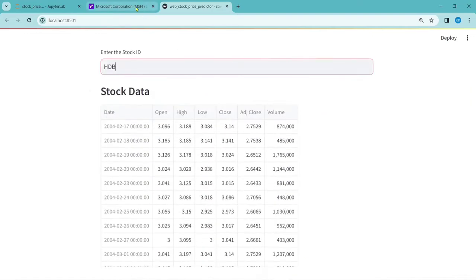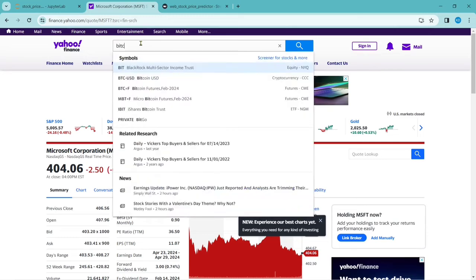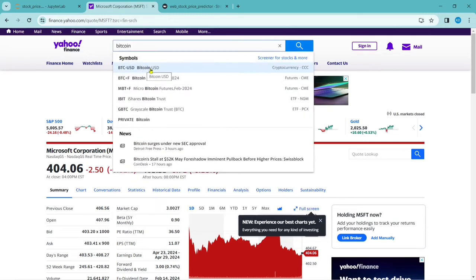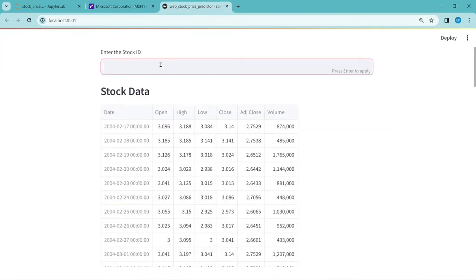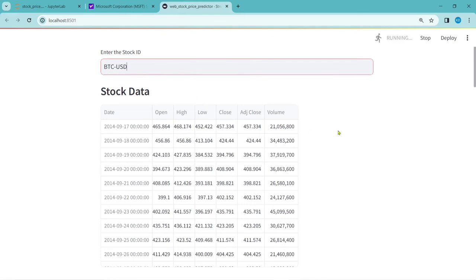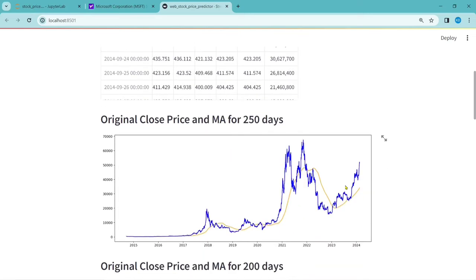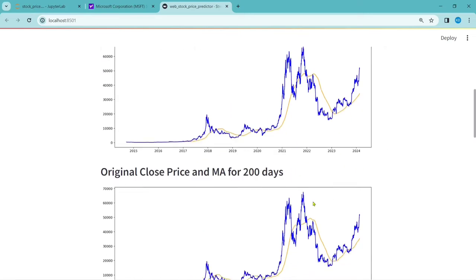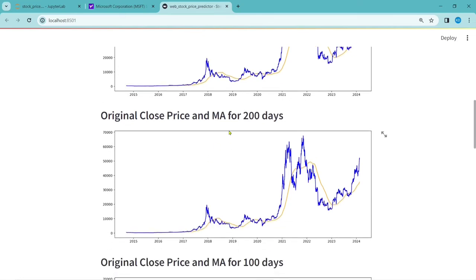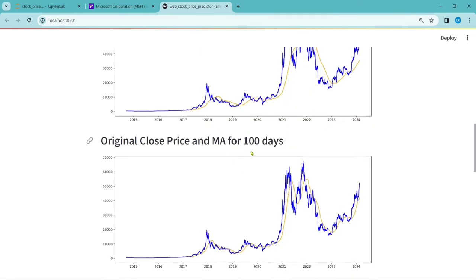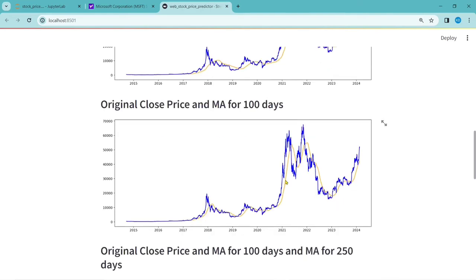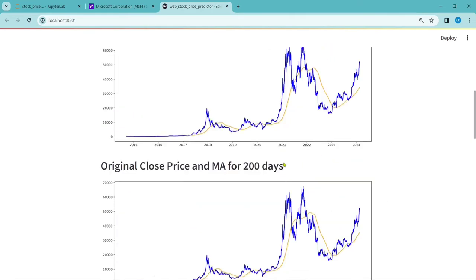You can even search for Bitcoin also here. Let's see, Bitcoin. It is BTC-USD, right? Let's search for it. BTC USD. If I give enter, it is showing all the data set here. And if I go up, this is the original close price for that Bitcoin data versus the moving average for 250 days. And this graph is for close price data versus the moving average for 200 days. And the moving average data for 100 days versus the close price data, it is very close, closer than any other curve. See, it is very close, the 100 days value,